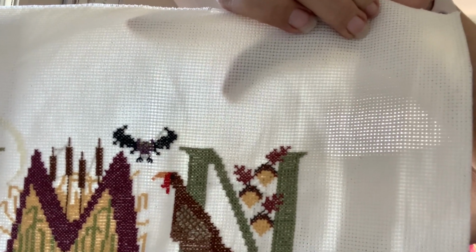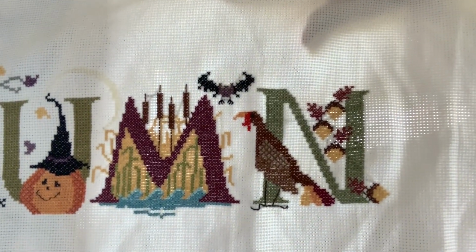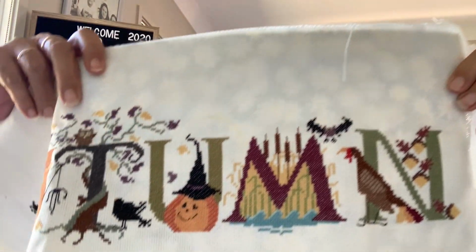I was up till about 11:30 last night putting on a few final touches, but yes, it's all done. So I am really happy with that. That will be getting made into some sort of, not a quilted wall hanging, but some sort of hanging. So I started that on the 1st of